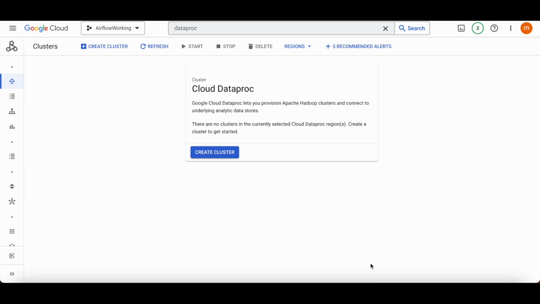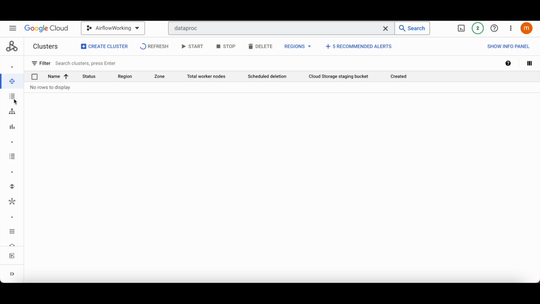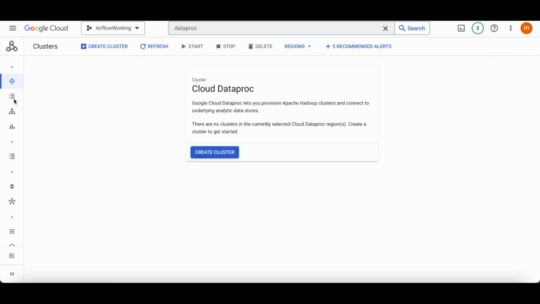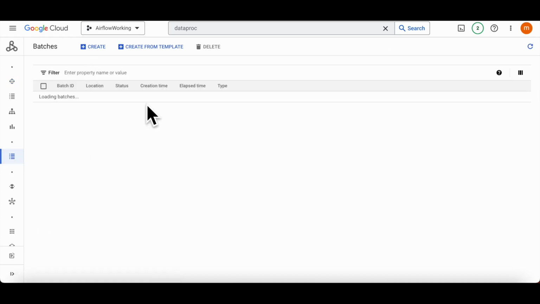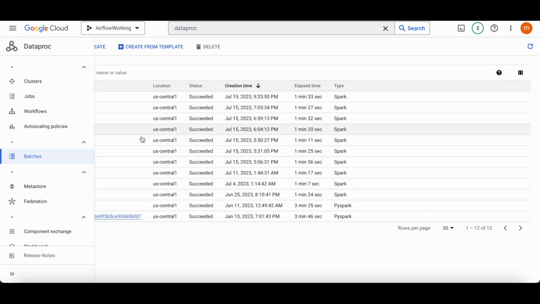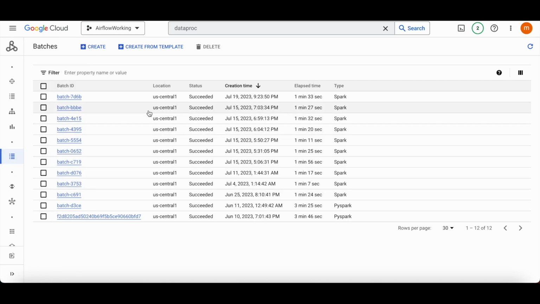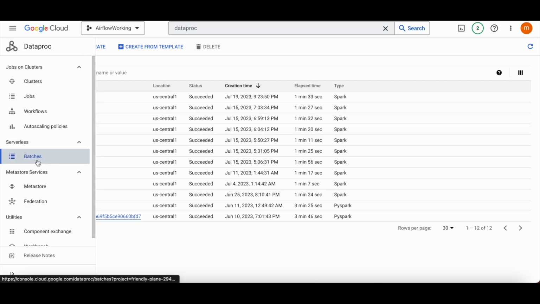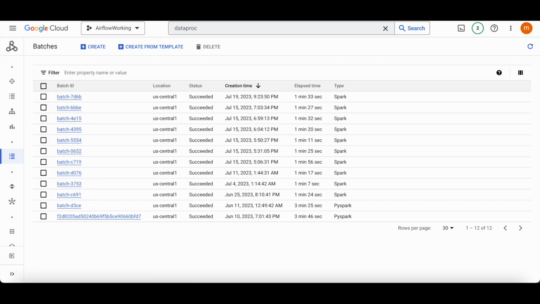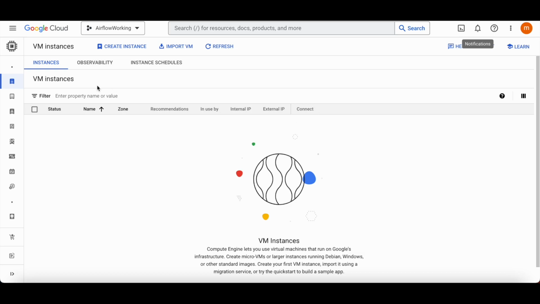Today I'm gonna show you how to run a Dataproc serverless job using Apache Scala, basically using SBT and a batch job, creating the jar file and running it in the serverless job. First of all, what I'm going to do is create a VM instance so that everyone will